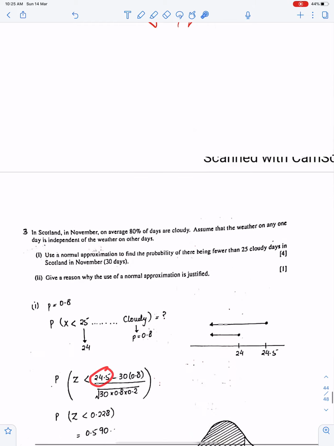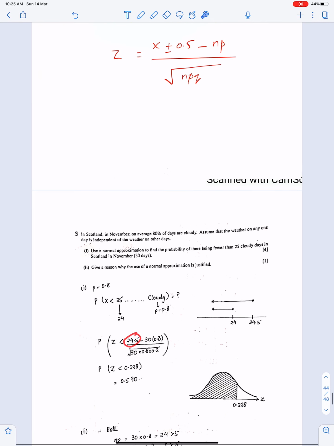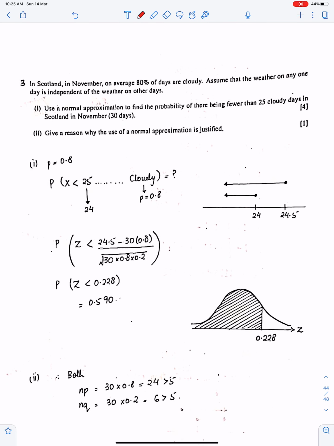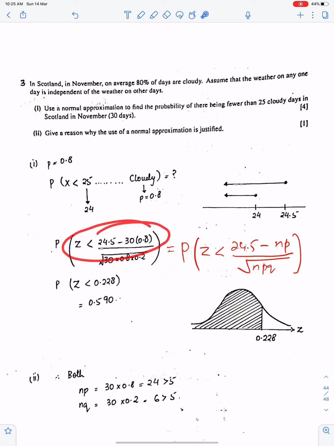So I'm using this formula. See, this formula. I already have decided 0.5. This is 24.5. This is np. And this is under root npq. Let me mention this here. I'm using this formula here. 24.5, np, npq. And after this step, the question is routine. This is the routine question. You all know how to solve this. This is phi,